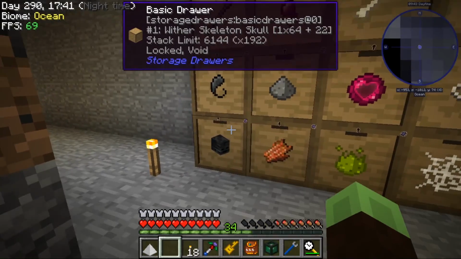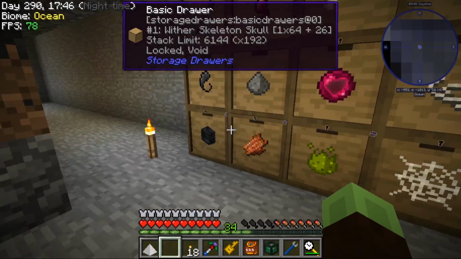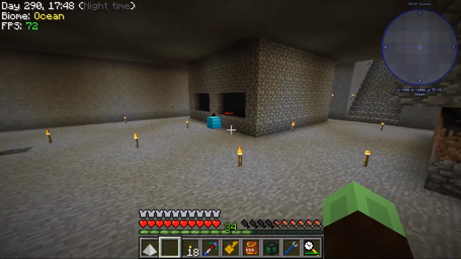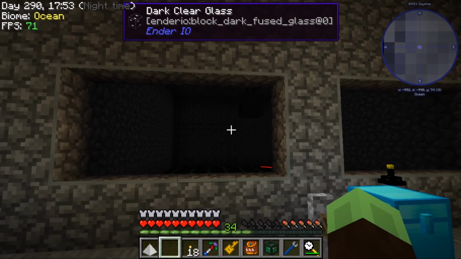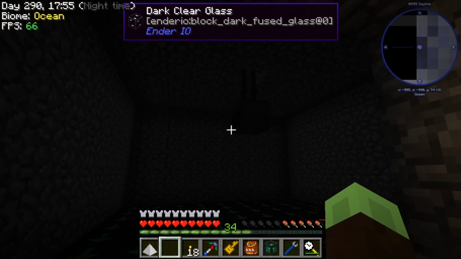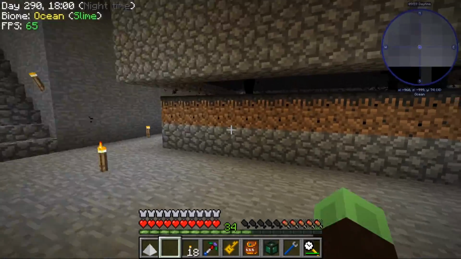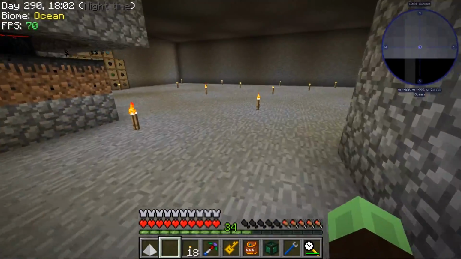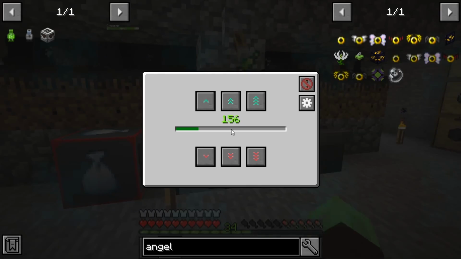And of course our wither skeleton skulls are being, wow, almost 100 wither skeleton skulls already being generated by that. Our wither skeleton farm, which could be prettier, but it's functional, not pretty. And this is a 9x9. I think this one's slightly bigger than an IBM, because it doesn't matter how big it is because it's just being used for...